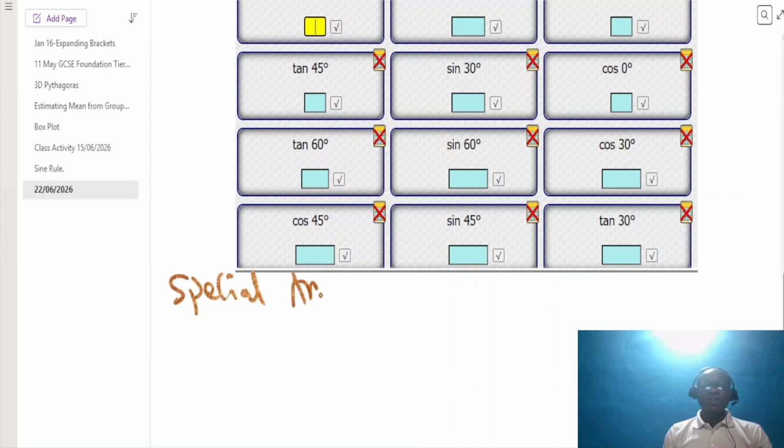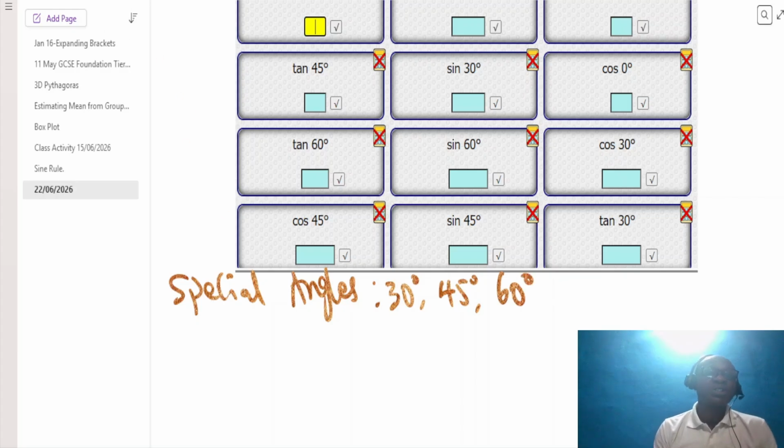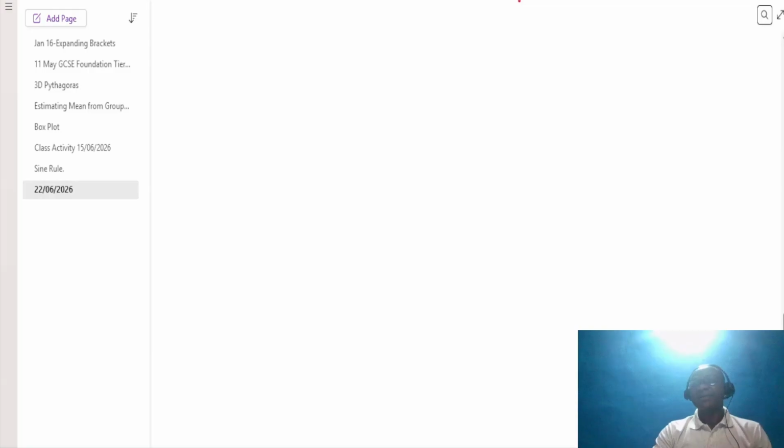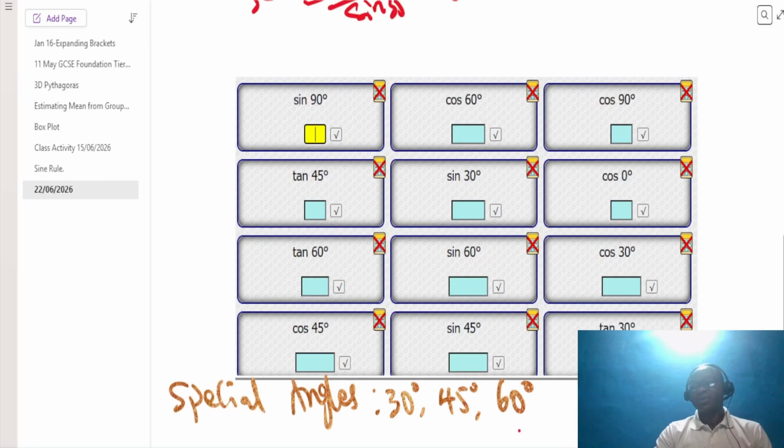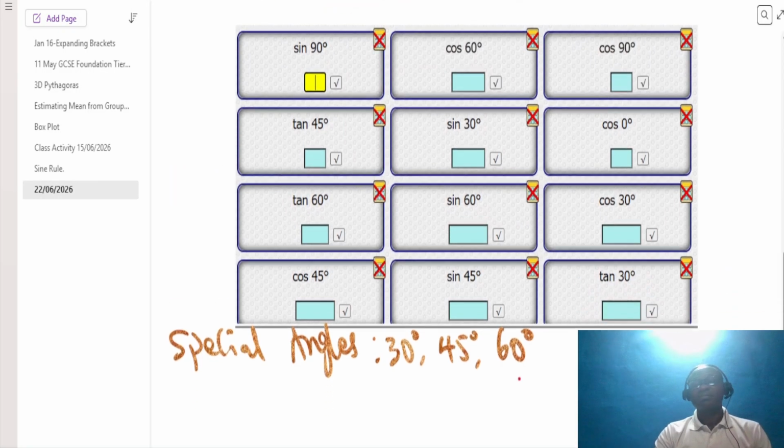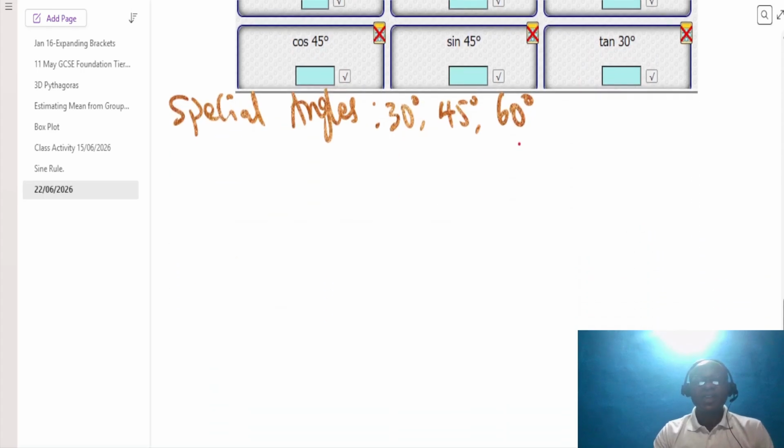So what I call these spatial angles are 30 degrees, 45 degrees, and 60 degrees. They are what I want to explain. Okay? So let me use red, it will be better and seen properly. If I give you this triangle, this one now, sorry. No, 0 is not part. So if I give you this triangle now,